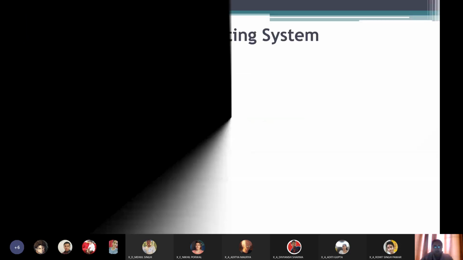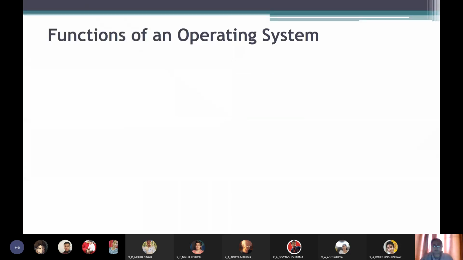So we had to start from here, that is functions of an operating system. In the previous class, we had seen different types of operating system, some of them being multi-programming, multitasking, multi-user operating systems, multi-processor operating systems, time-sharing systems, real-time systems, and so on.